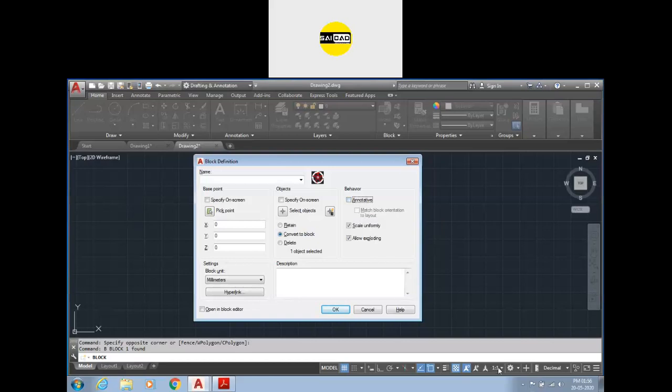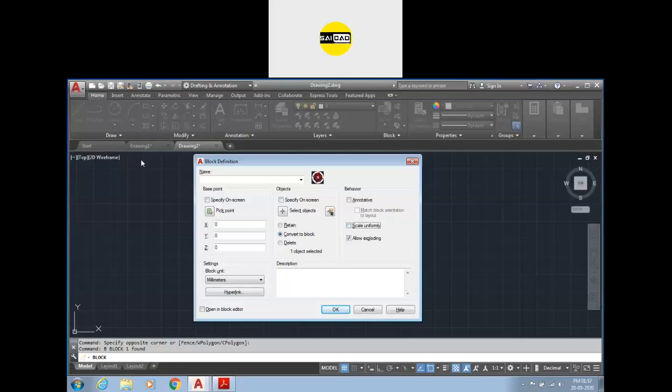Like here we have the scale standard of the file and text type of the file. Everything we have used, like we have used the dimension, we have used the text. Everywhere you have seen this annotative option because it's a standard. Okay, you can just apply that standard also, or you can just leave that. So to create the object, we just use simply three things: name, pick point, and select the objects, nothing else. Okay, if you want to scale the object, you can scale it from here, but we don't need to scale it from here. We have scale options outside.